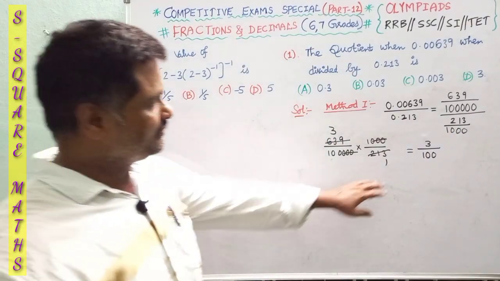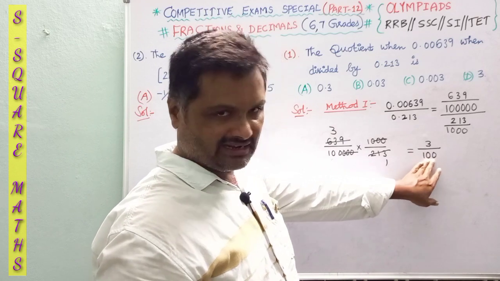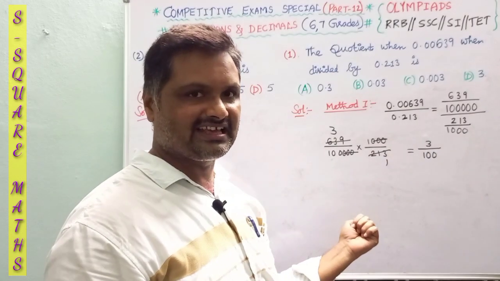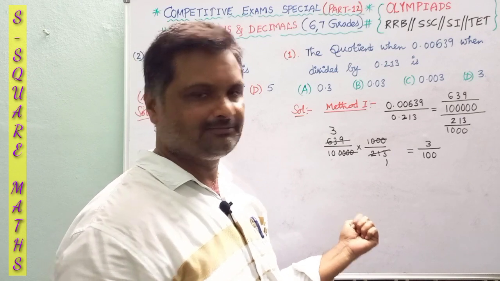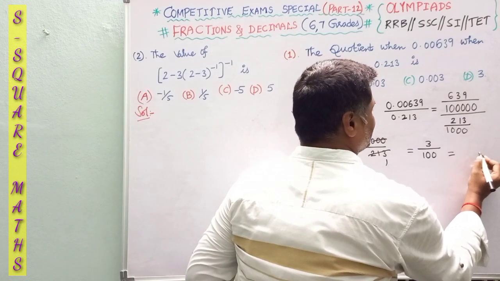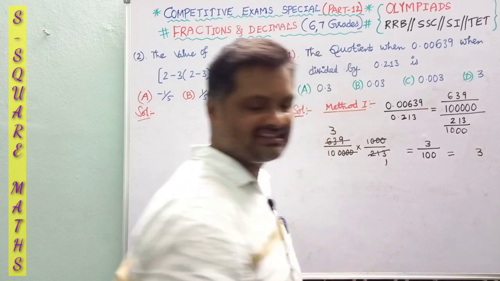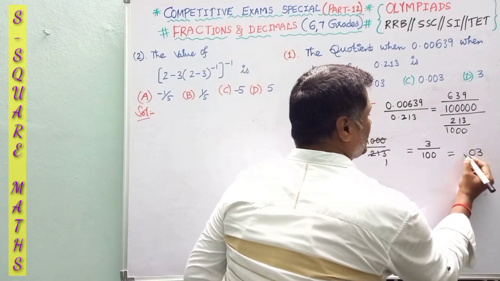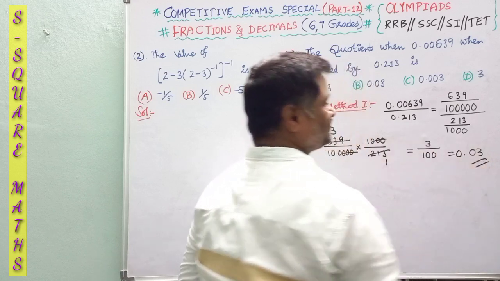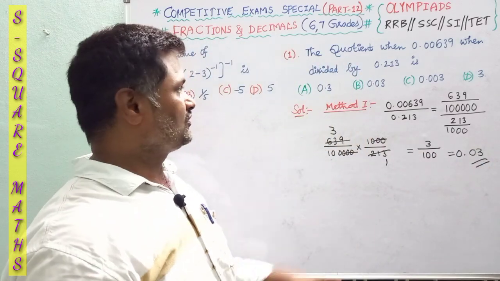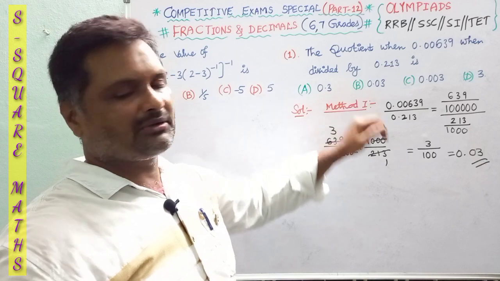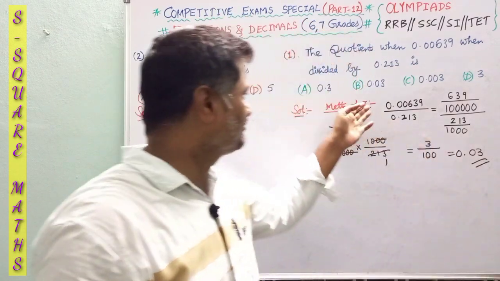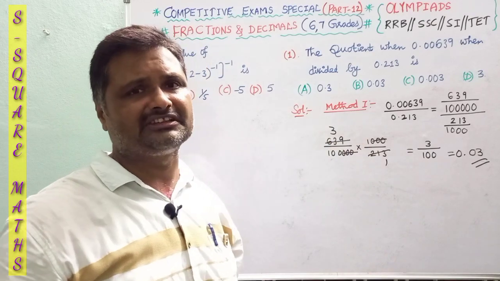Since you have the denominator 100, right to left you have to place the decimal point after 2 digits. So here it is 3; since you have to place after 2 digits, fill it with 0 point. So 0.03 is nothing but option B. That is the lengthiest, in general a regular method, our traditional method.